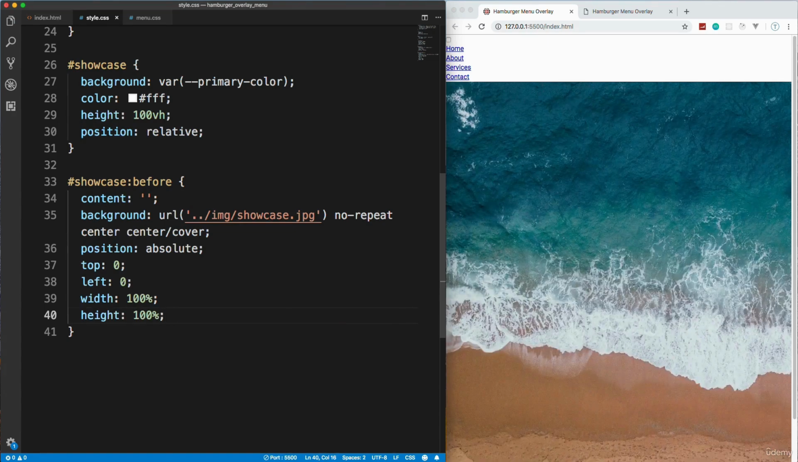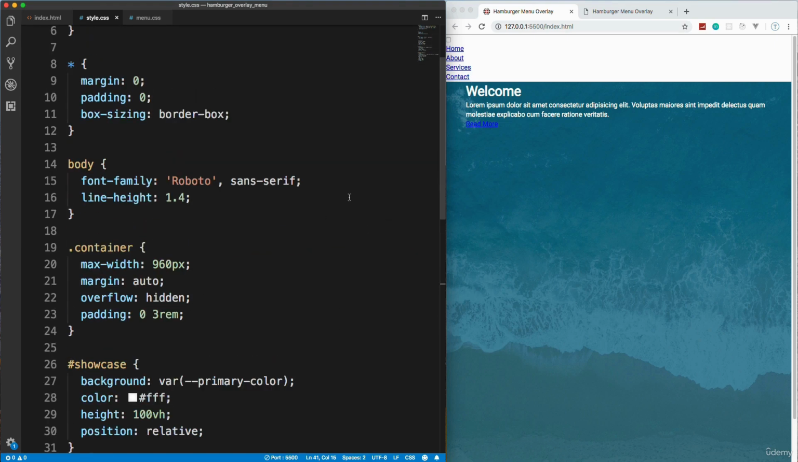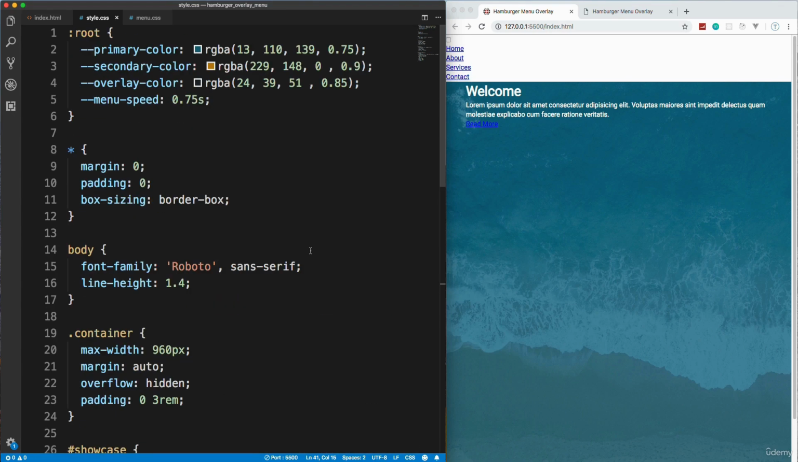So if we save that, we get our image. Now the image is covering everything, so let's set the z-index to -1 and save, and there we go. So now the image is behind the coloring. All right, and this is a little different than how we've done it before because we're using an RGBA value,